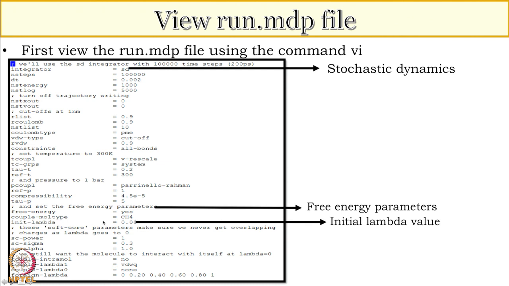Okay. Then couple molecule type, here you have to type the residue name of your solute which you want to couple. Then you will have the init lambda, that is the initial value of lambda. So the initial value is 0, right? Then you will have the soft core potential, that is the sigma value. Correct. Then power and all this free energy stuff. Like if you want to couple intramolecular interaction, then there will be lambda, then there will be foreign lambda, that is the rest of the lambda values. So these are the free energy parameters that you have to specify in your MDP file.